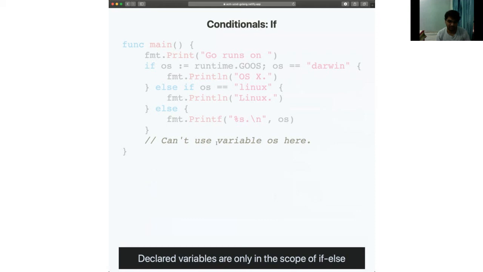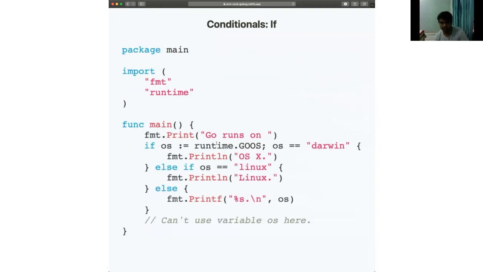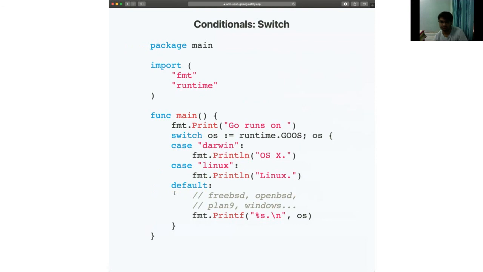So, that's a very common pattern in Go, that you have a short statement just after an if, and then that variable or some assignment is used to compute an if condition. So yeah, that's how Go uses it. I hope everything's clear until now. So now let's look at switch.